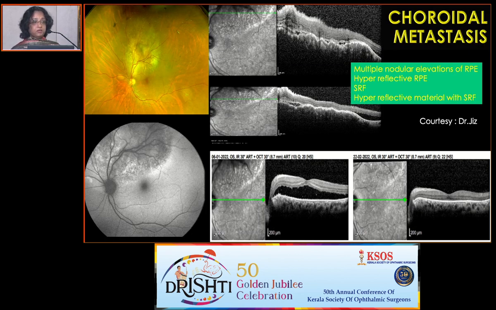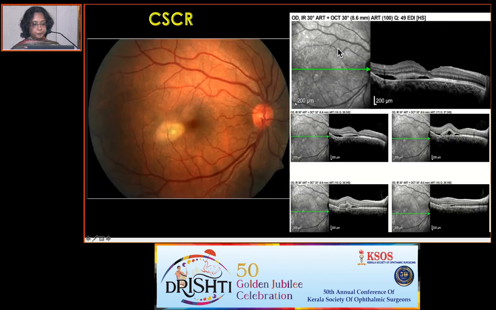And another thing which can get confused is the choroidal metastasis. Here you can see that the RPE is usually very irregular and undulated, and hyperreflective material can be there in the subretinal fluid. So this is a case of CSR, with subretinal fibrin, which might get confused with